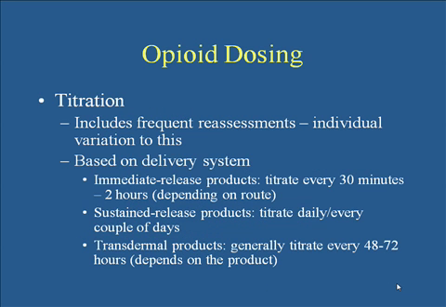The titration, this is always another question that comes up, and that is how frequently can you reassess somebody? And of course there's individual variation of this, and part of it is based on the delivery system of the drug that you're using. So if you have an immediate release medication, titrate every 30 minutes to 2 hours depending on the route. So if it's an injectable product, let's say you're using injectable morphine, if you give IV morphine, in theory you can assess how they're doing in 10 to 15 minutes,